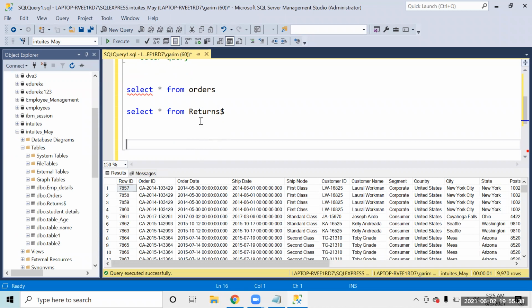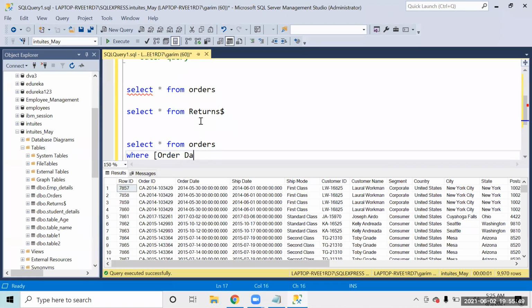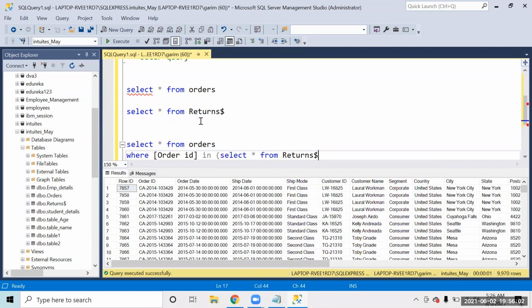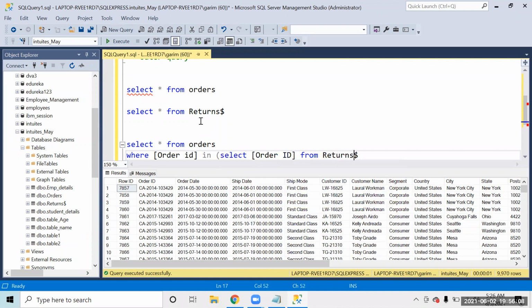But if I say select star from orders where order ID in select order ID from returns, right?